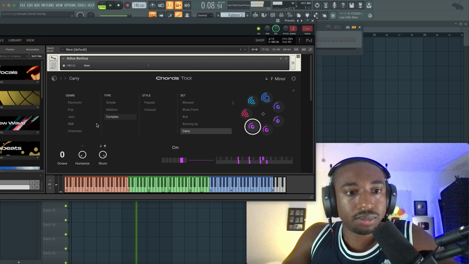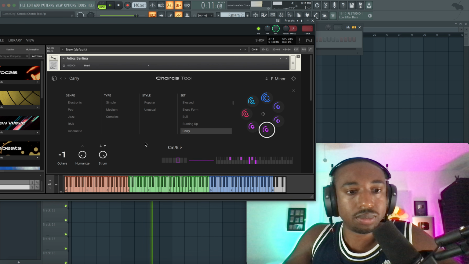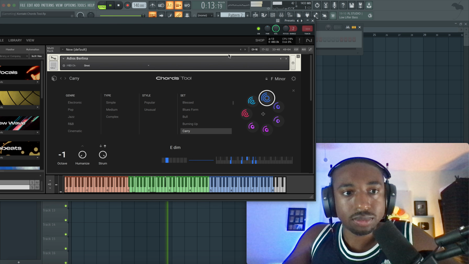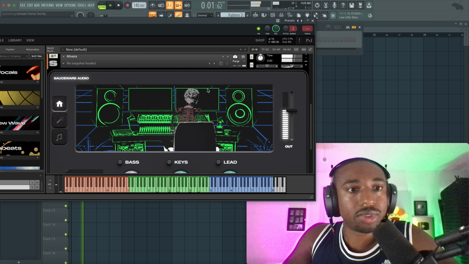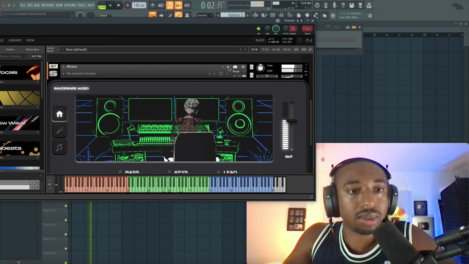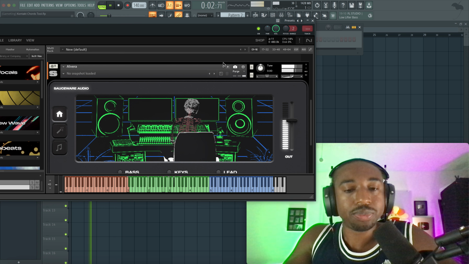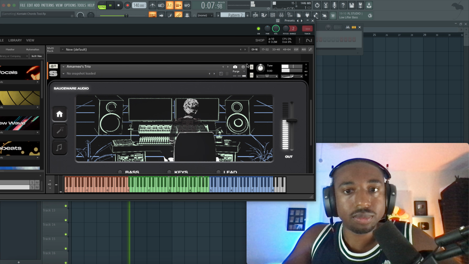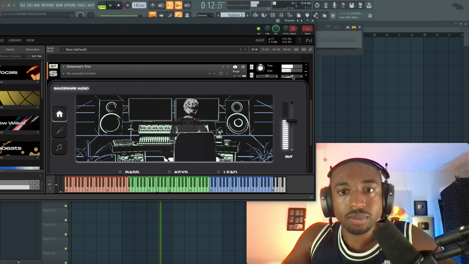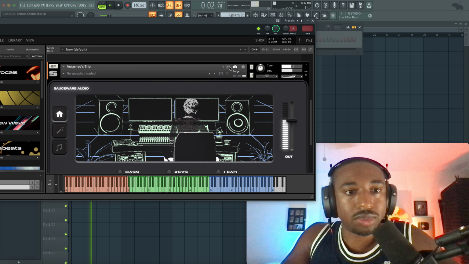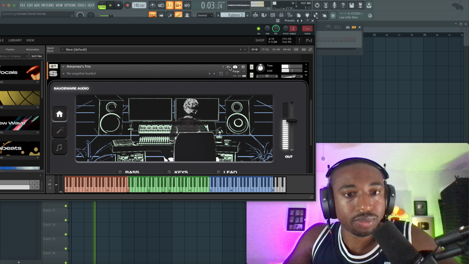So this has a vibe. Let's see if we can lower the octave. And now all we have to do is just switch our preset and it will keep the same vibe going. I love Jacob's sound design style.